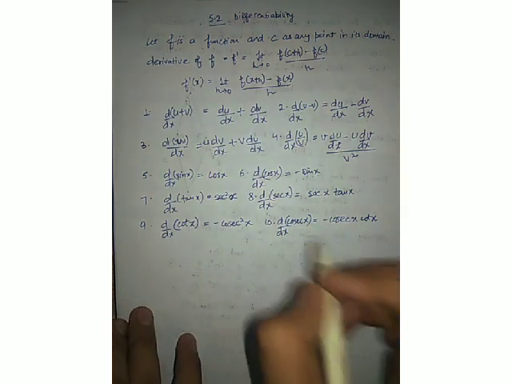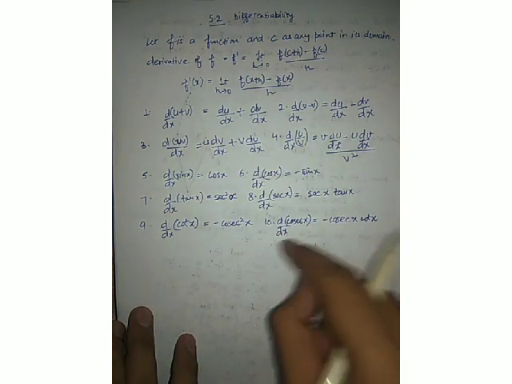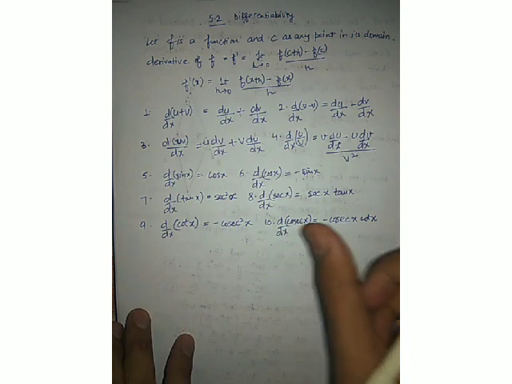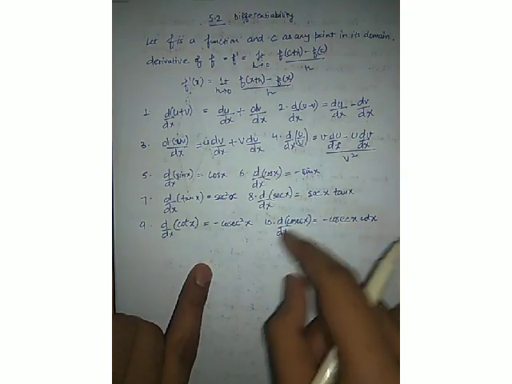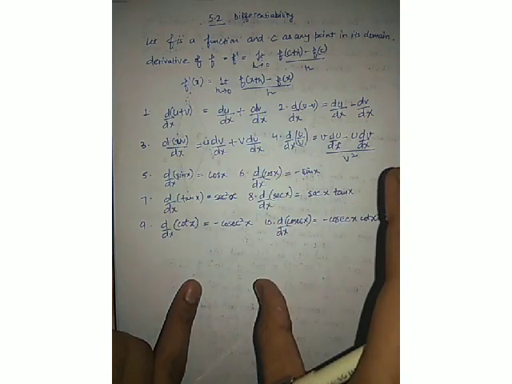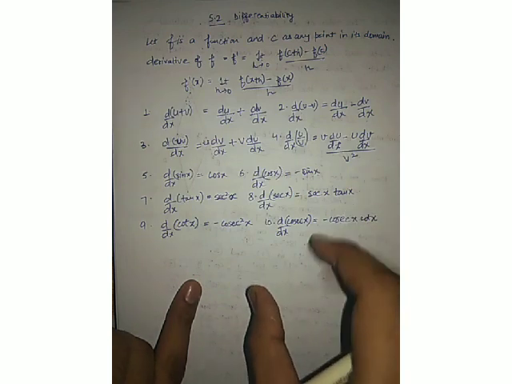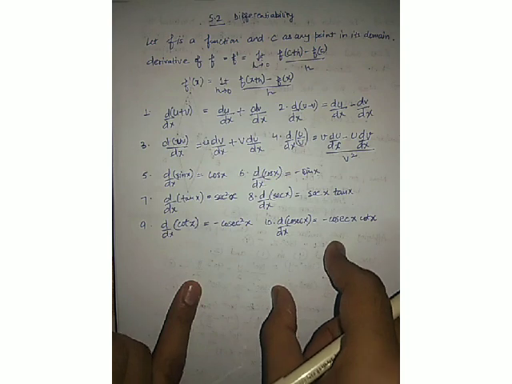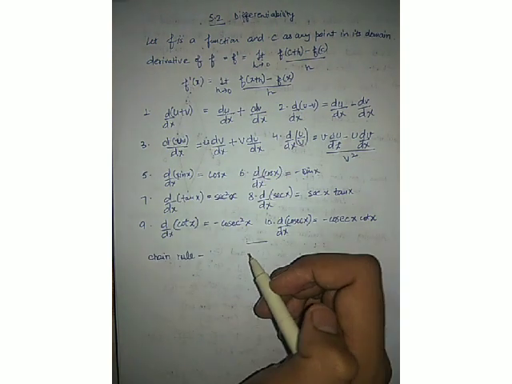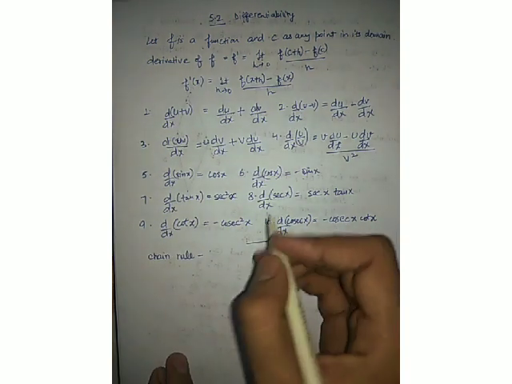That rule is the chain rule, and I will be explaining the chain rule for you. It's a bit complicated, so it's not at all mandatory to apply the chain rule each and every time. You should only apply the chain rule whenever it's given that you have to solve the sum using the chain rule. So we will be doing the chain rule. So let's start with the chain rule.